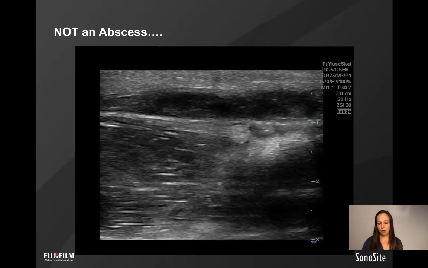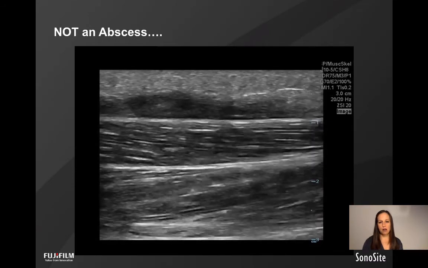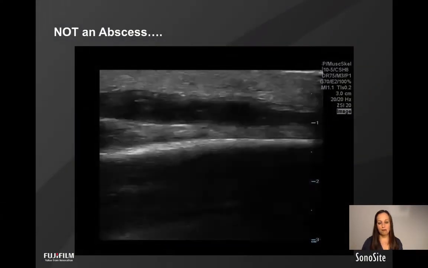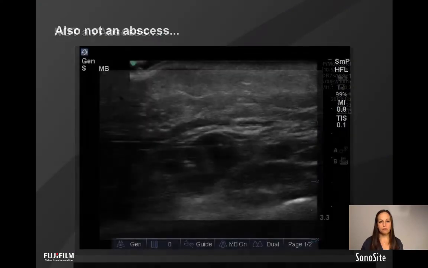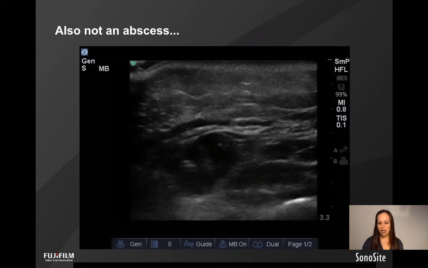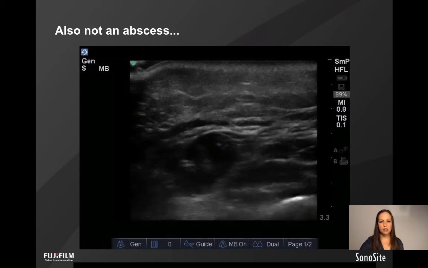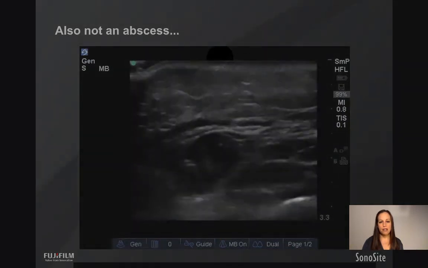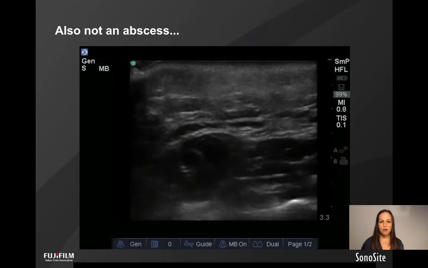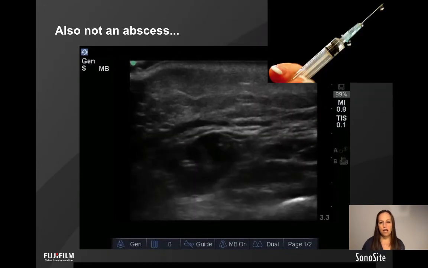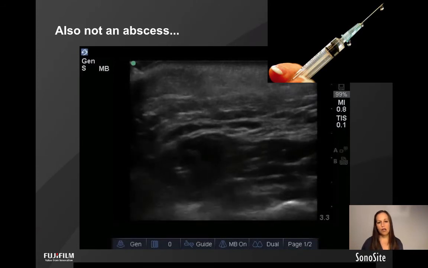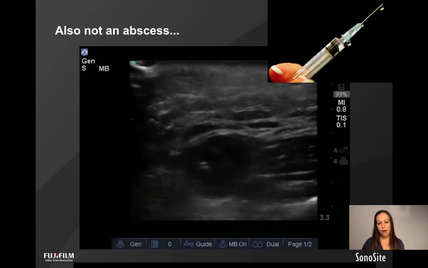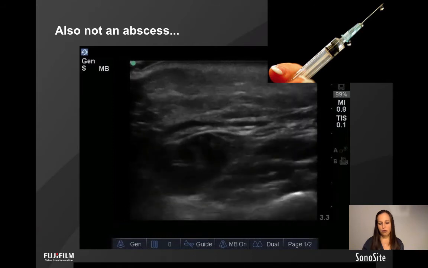This was another child who came in with leg swelling. You can see here that there are some abnormalities of the subcutaneous tissue. You can see some of that hypoechoic stranding and maybe some early cobblestoning. That last patient was actually a bug bite. This patient also with leg swelling, you can see it looks a little bit hazy in the subcutaneous tissues. This was actually not cellulitis, but it was a vaccine reaction. So you can see reactions, whether it's an allergic reaction in the prior case or swelling after an injection or vaccination. Those should not be confused with